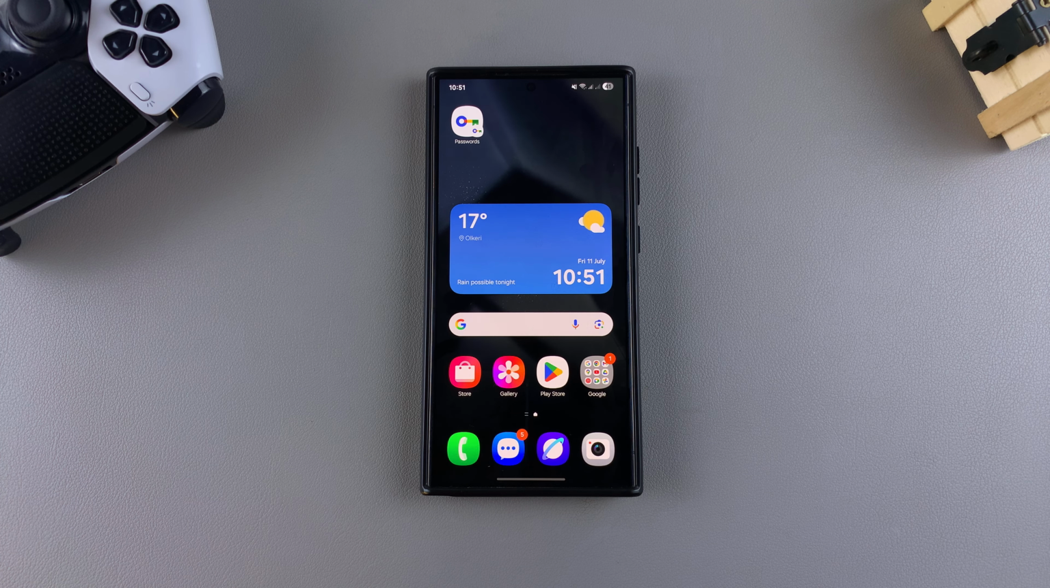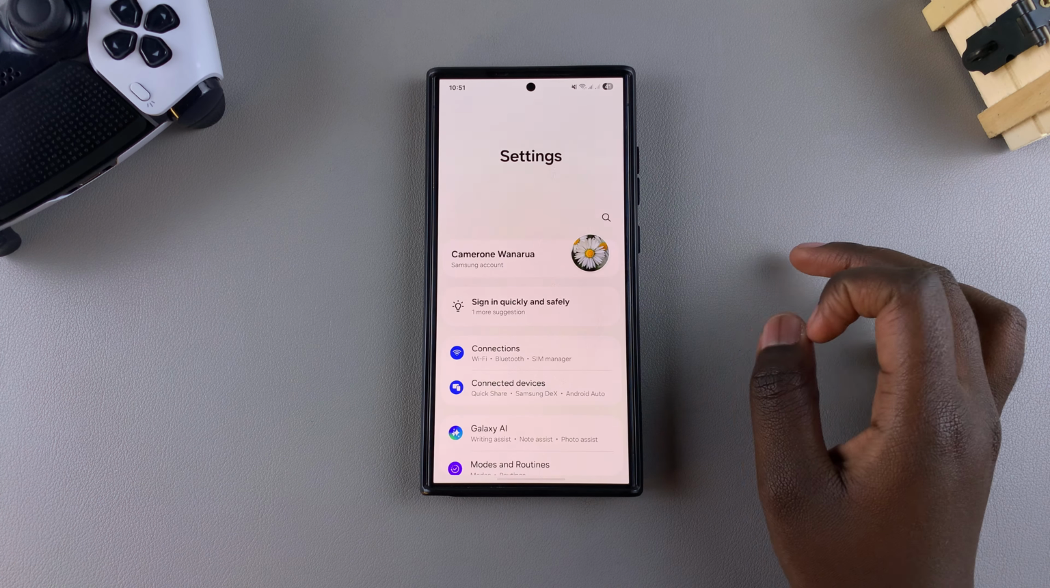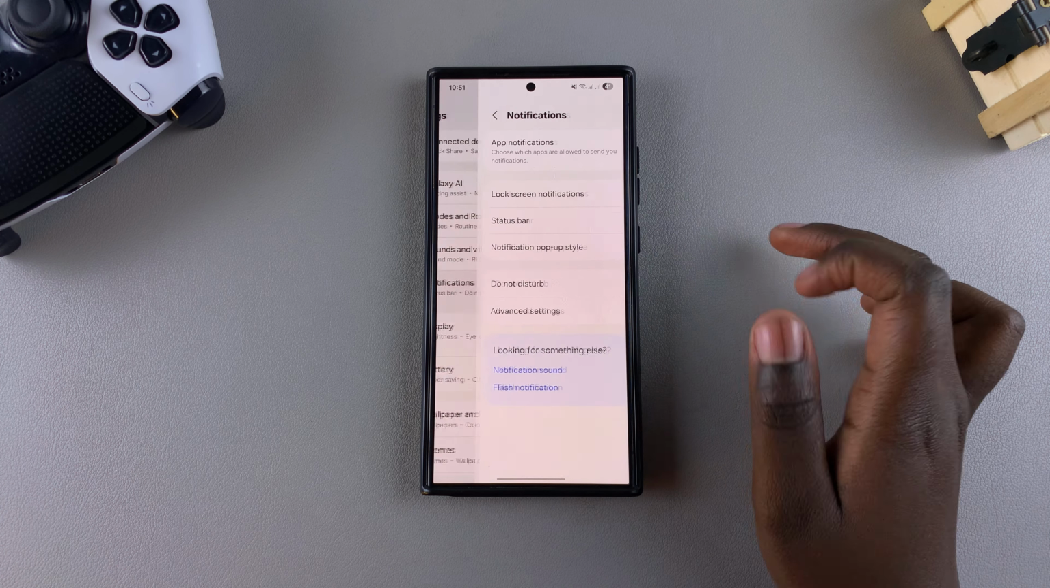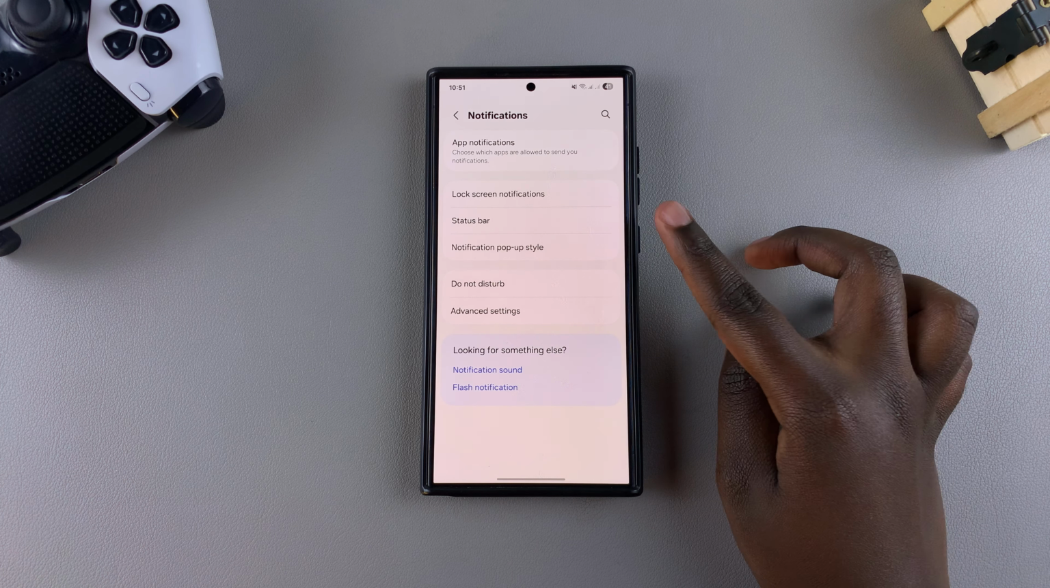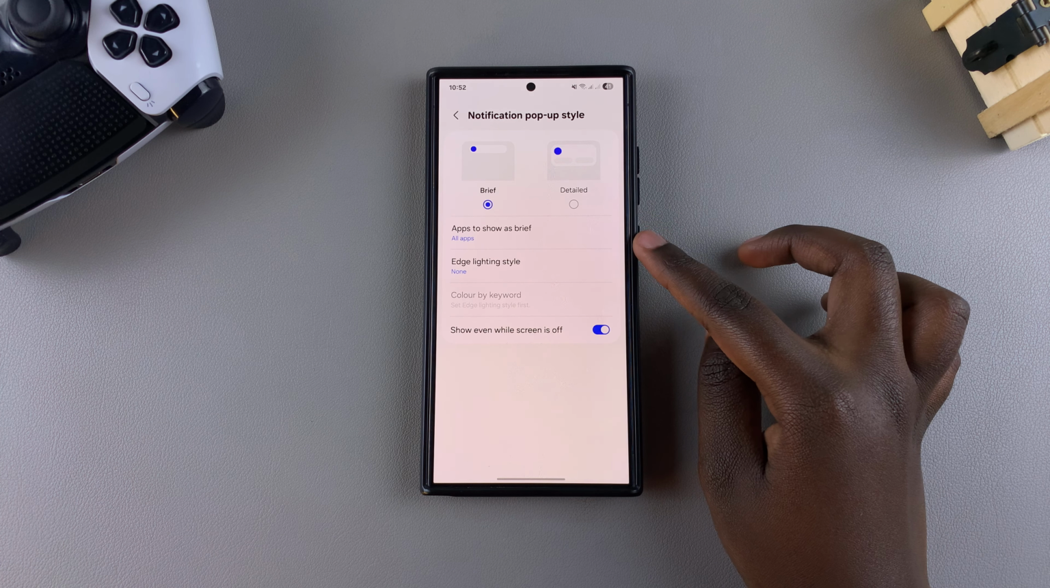So in this video, you'll learn how to enable edge lighting on your Samsung Galaxy phone. So the first step is to navigate to your settings app, and then under settings, you want to scroll and select notifications. From notifications, you're going to choose notification pop-up style, and then you're going to look for edge lighting